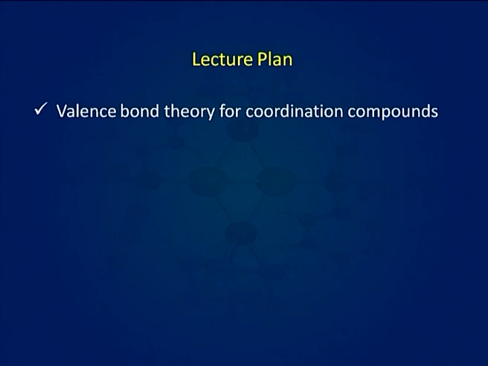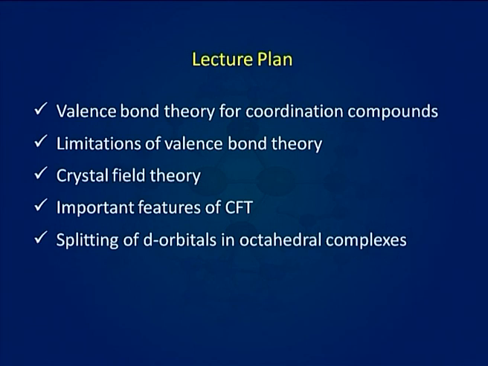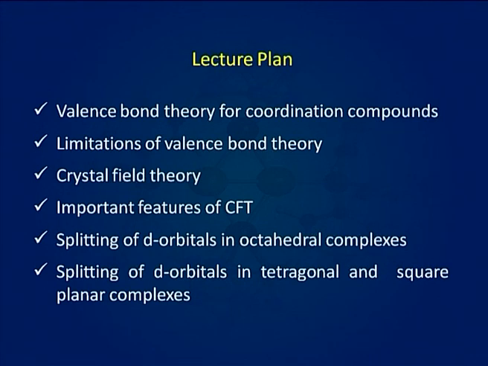Complexes are formed by bonding between metal and ligands. This unit, namely metal-ligand bonding in transition metal complexes, is very important to understand formation of complexes. Today, we are going to discuss valence bond theory for coordination compounds, limitations of valence bond theory, crystal field theory, important features of crystal field theory, splitting of d orbitals in octahedral complexes, and splitting of d orbitals in tetragonal